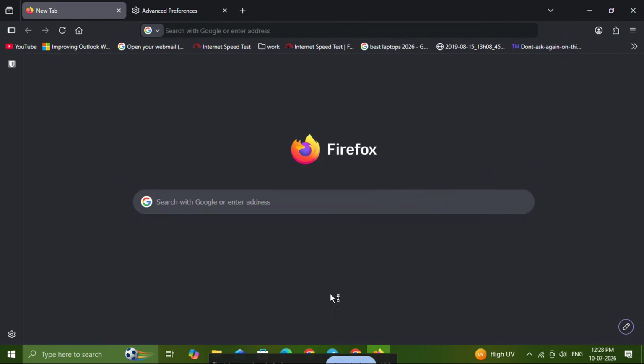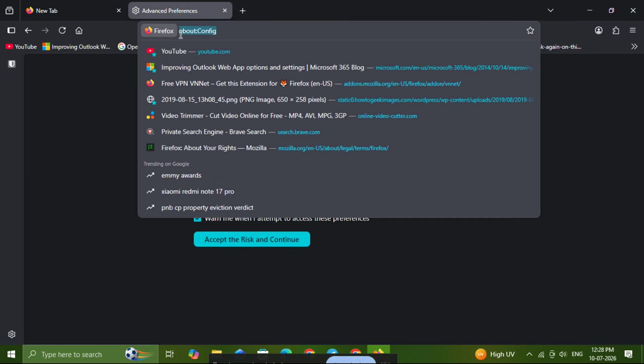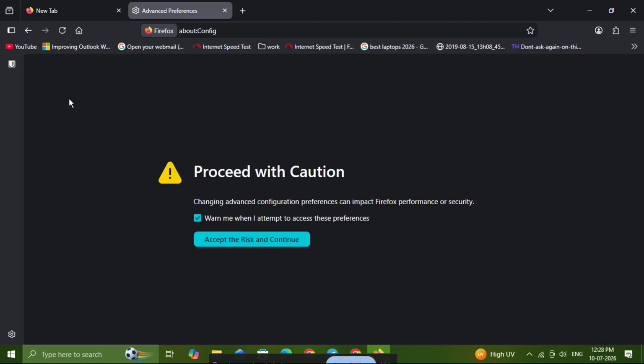Alright, let's get started. First, open Firefox on your Windows 11 PC. Once the browser is open, go up to the address bar at the top and type about:config. Then press enter on your keyboard. This page gives you access to advanced Firefox preferences, so it's the place where we can change the setting responsible